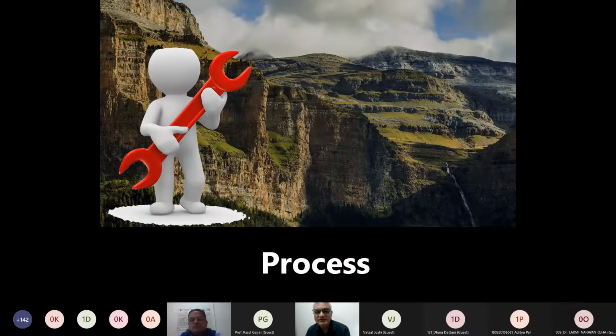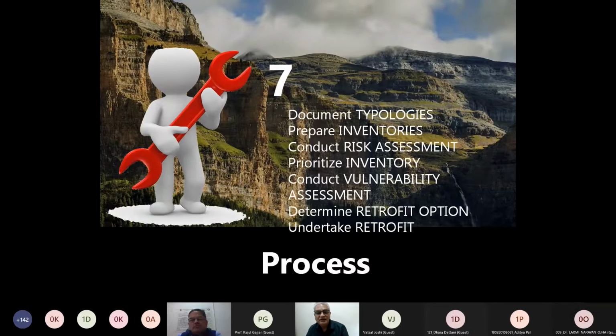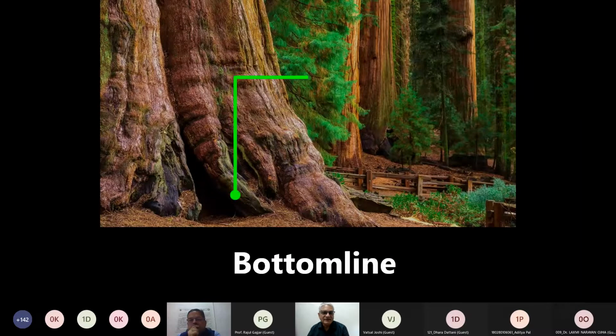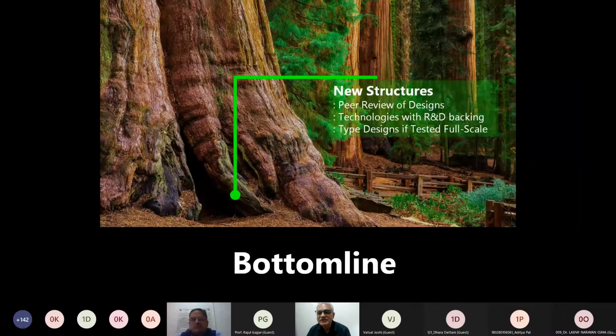The process of retrofit is adequately rehearsed and highlighted in international documents. There's enough clarity on that subject for us to get started right away. So the bottom line today is all new structures should be safe, and that will happen through peer review of designs,